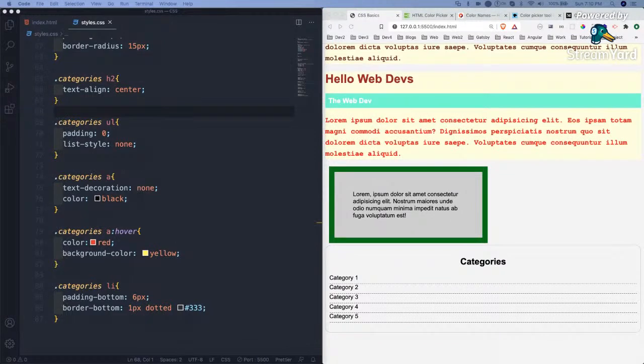But yes, I'm going to teach Flexbox and Grid also, which are very easy, and with that CSS has become very easy.